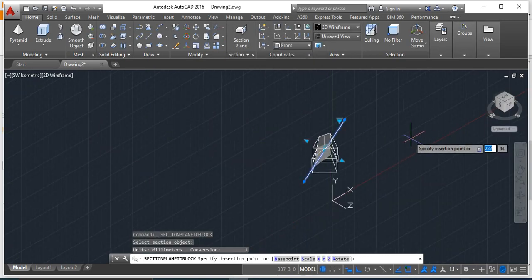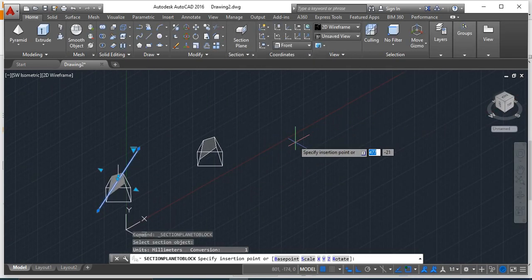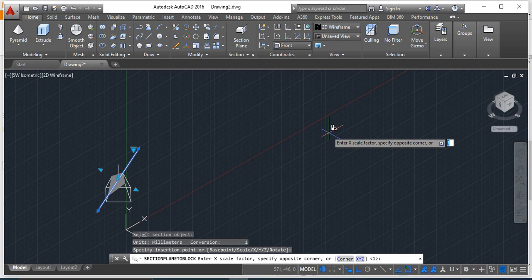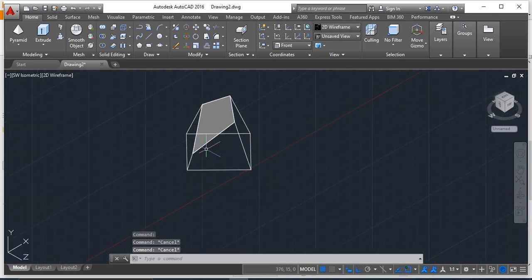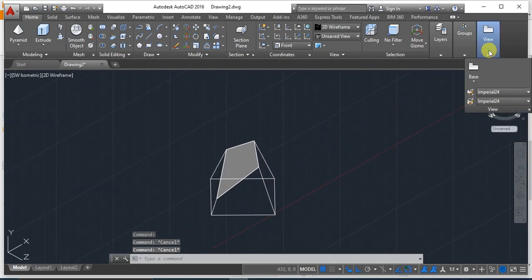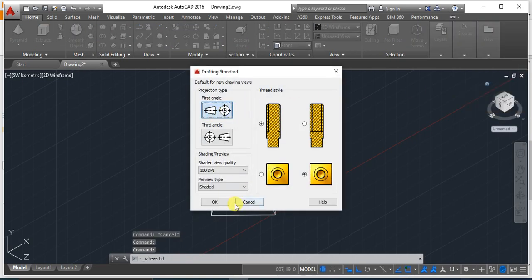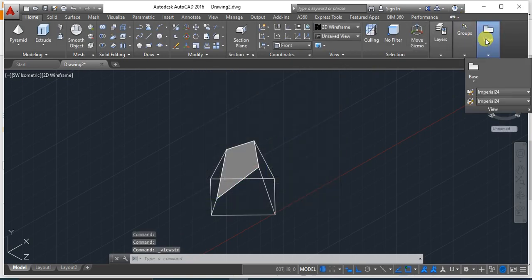Okay, so this would be creating a 3D section, place it somewhere here. Then don't change any attributes, give enter, followed by enter, then followed by enter. So automatically this has been created. After this go to base, then select the first angle projection. Okay, now it is in first angle projection. View, base, model from space, select this object,